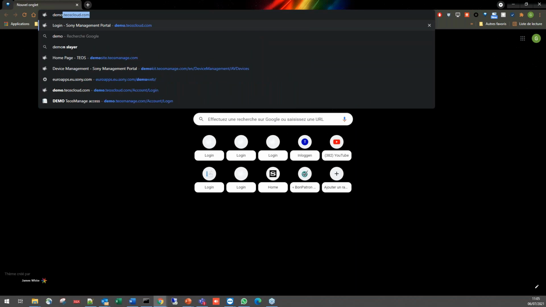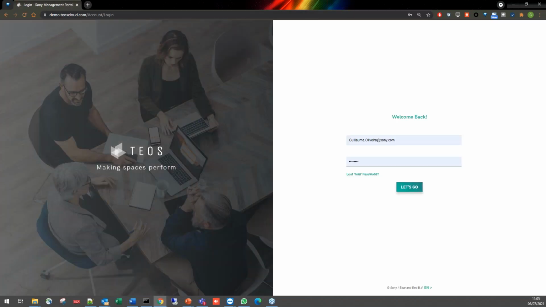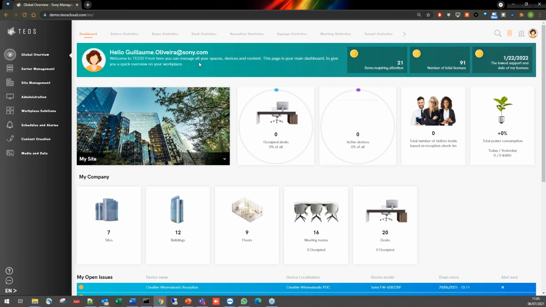So as Thomas said, let me introduce you our platform. So I am connected right now into our cloud platform on Tios, that, of course, you can ask also for a trial to us for you to be able to connect. I just log in my first page, and as a quick introduction, of course, the subject of today's signage part, so we will take all the focus on it. I want, of course, to show you what we are able to manage into the platform.